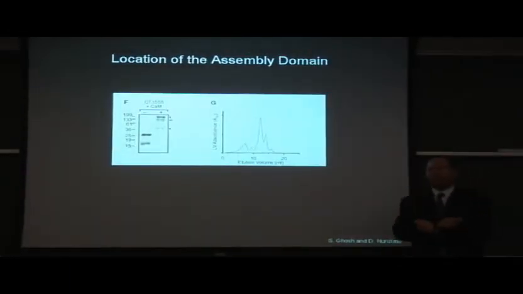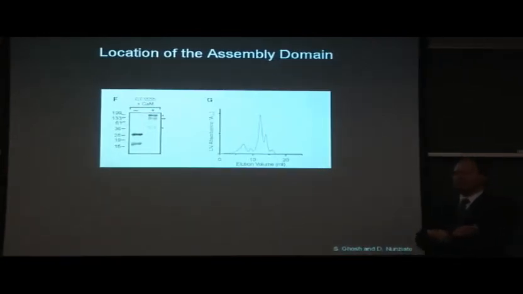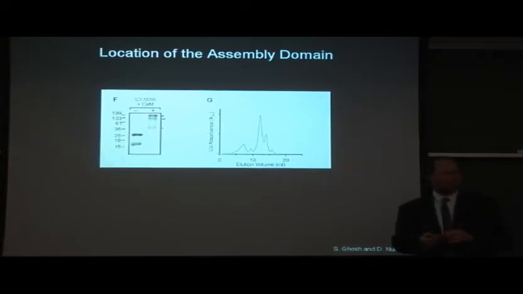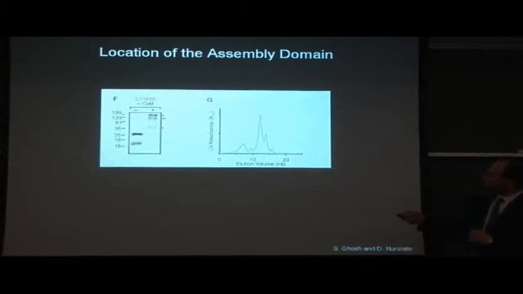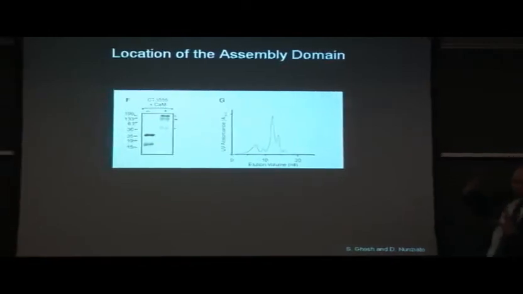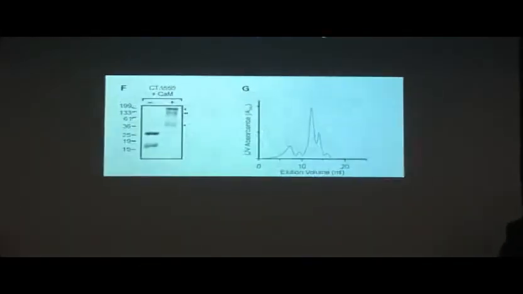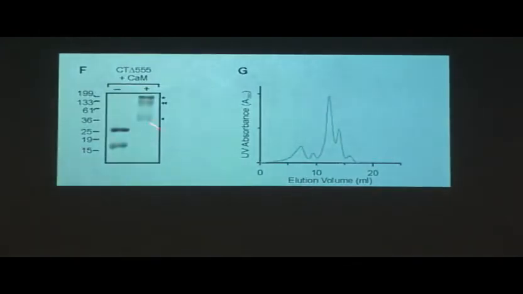As I mentioned, the assembly domain had been previously implicated in the C-terminus and had been identified to a region between amino acids 589 to 620. The numbers are not that important, but Dan Roden's group has recently shown that this region was probably not involved in assembly, but possibly involved in trafficking. So, having this nice system, we tried to address this by making a construct which now deleted amino acid 555. So this putative assembly domain is now removed from the system, and you can see that we can generate the purified complex. It can be cross-linked, and under these conditions, we see what looks like a monomer.